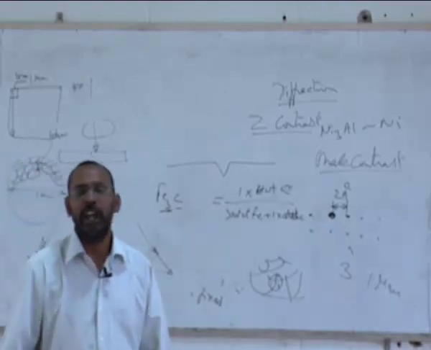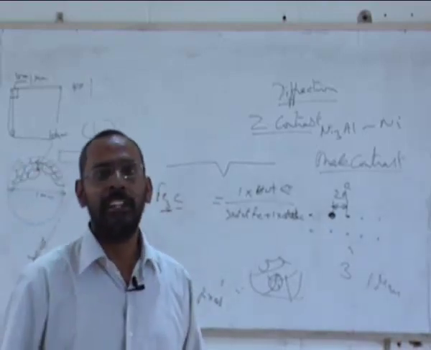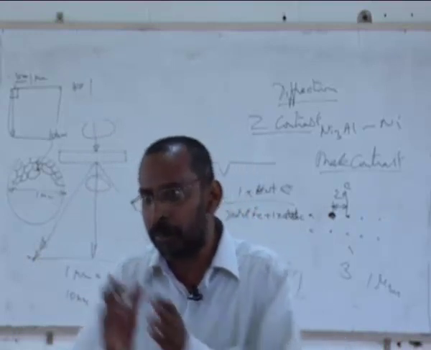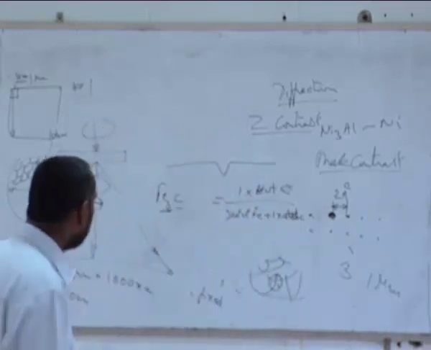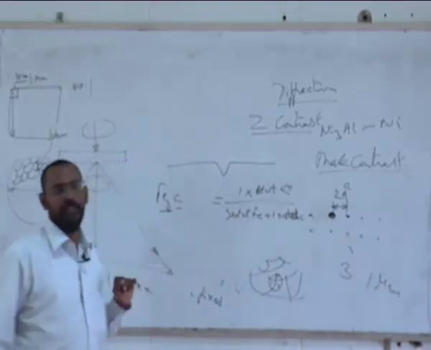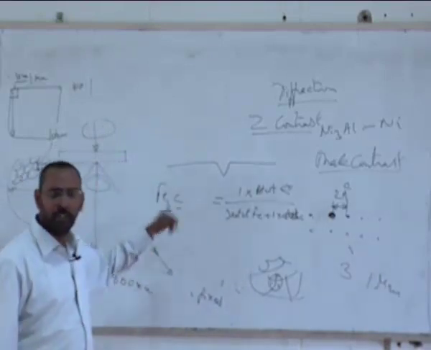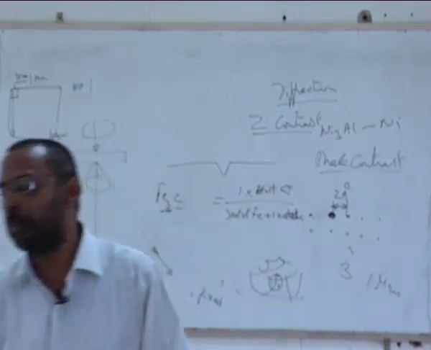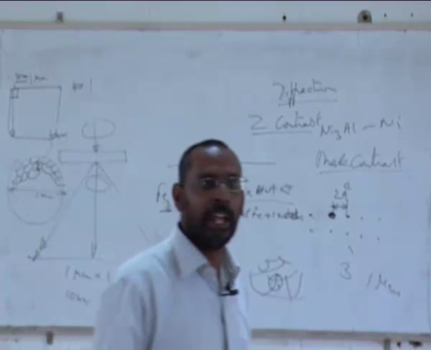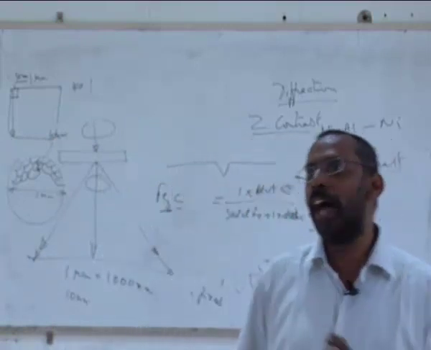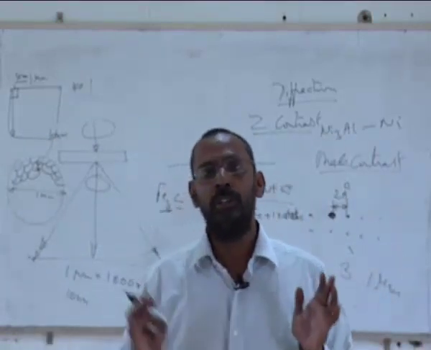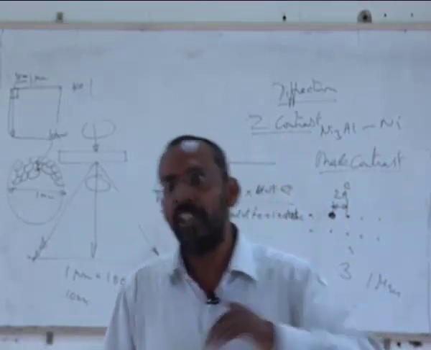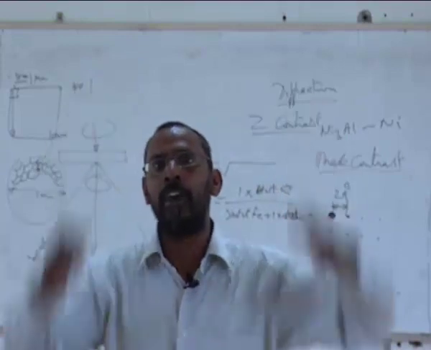Otherwise, if I look at it atomic percent wise, Fe3C has 25% carbon. That is the difference between weight percent and atomic percent. Atomic percent means how many atoms are there. There are 4 atoms total, 1 carbon atom among the 4 atoms, 1 by 4, it is 25%. Similarly, if I take Al2Cu, atomic percent wise it is 33% copper. Weight percent wise it is 55% because the atomic weight of copper is higher.